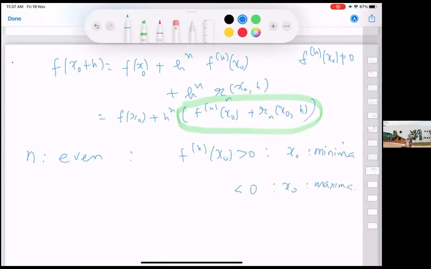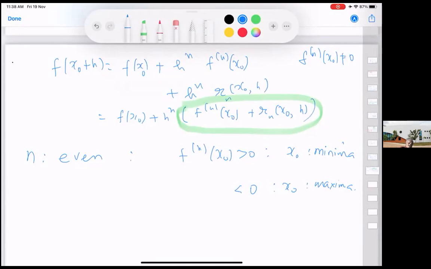okay. And let me argue once again why. So first of all, we had the Taylor expansion up to nth degree plus remainder. Once we do Taylor's expansion up to n degrees and remainder, the first n minus 1 terms of the Taylor polynomial vanish, because we have assumed that f^(k)(x0) is 0 for k less than n. So all those terms have vanished. The only surviving term there is the nth order term and then the remainder term. Then by clubbing the two, we write it as h to the power n times the sum of these two.